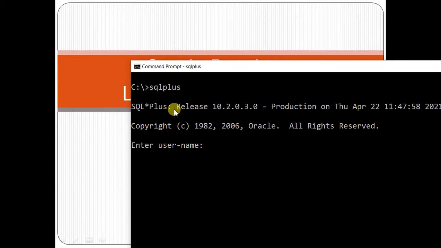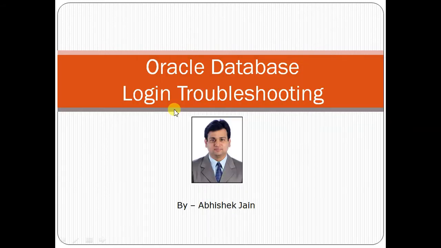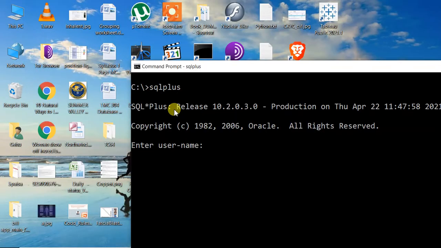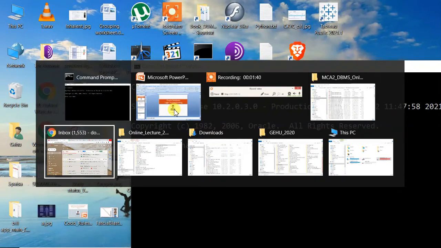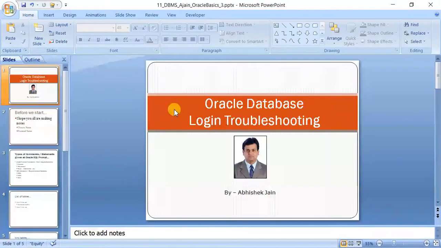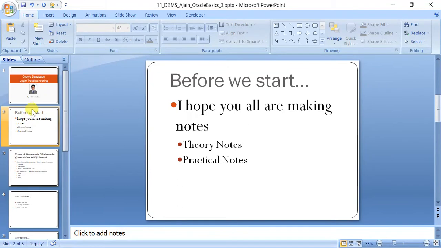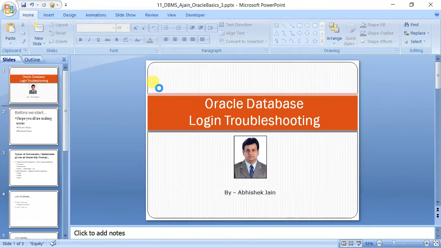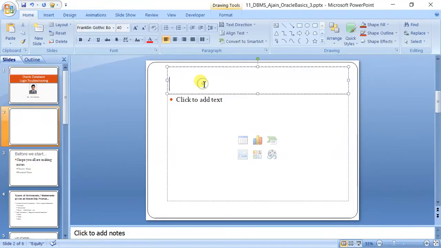Now suppose any of you might be having a problem in login, or some of you might have lost or forgotten your password. There is a trick in Oracle where you can log in even without knowing it.